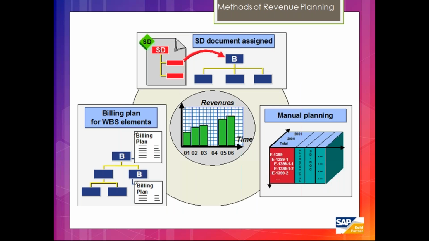Okay, then we have revenue planning. Okay, so we have three types of revenue planning. First is manual planning. So individually for WBS, you can do your revenue planning based on the overall level or annual level. Then we have detailed levels of revenue planning against the WBS. Okay, so in this, with respect to GL, you can plan any sort of revenue against this WBS.